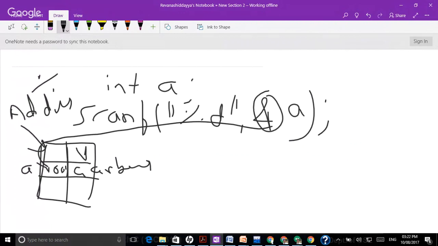Okay, so here after this it is going to read the values